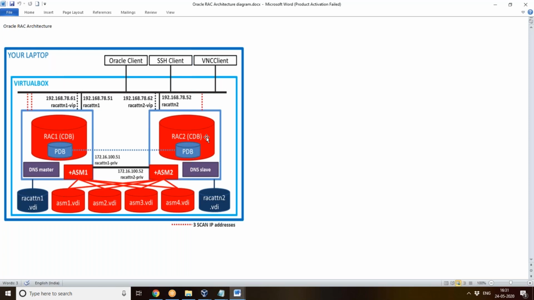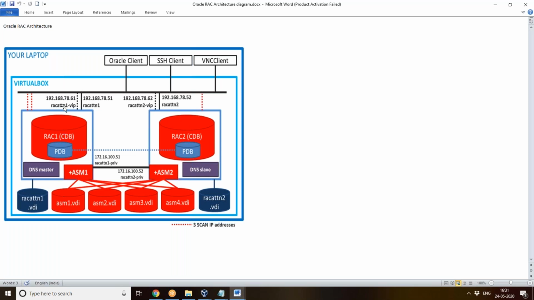Can you follow, Kamesh? See, you have the public IP here, and through the public IP all your applications are getting connected, right? But when your instance gets crashed and the public IP is not able to connect to this one, the VIP will fail over to this one, so that this application can get connected to this instance.